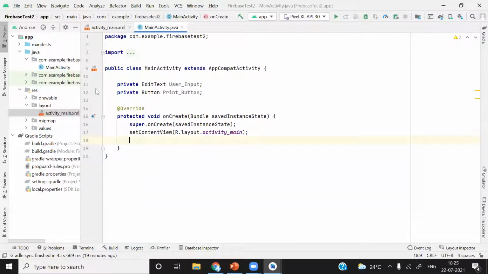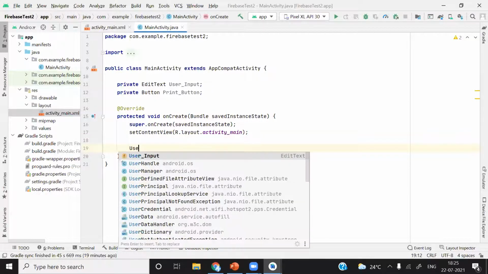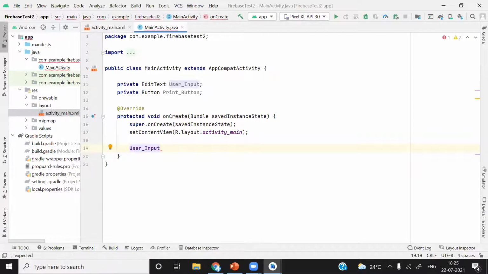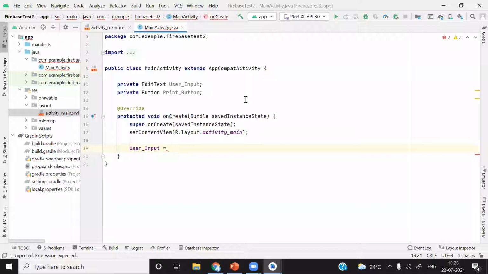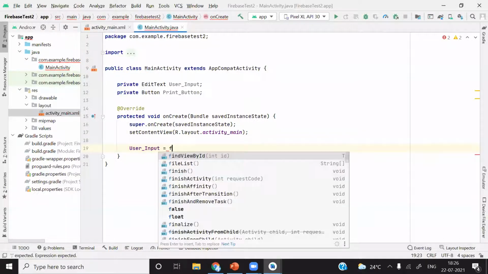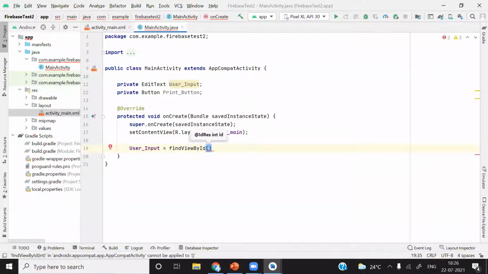Now you just take this user input, hit enter, equals to assigned. So we are going to assign this input to this edit text. To do that, just type small f and select the first option, findViewById.